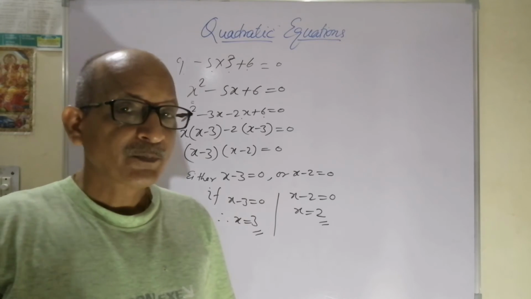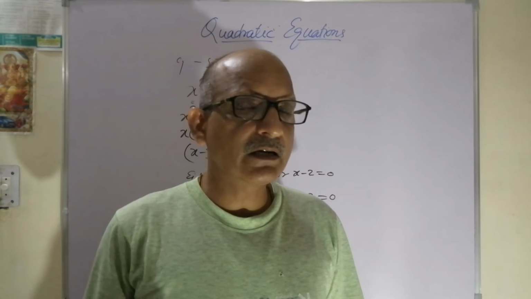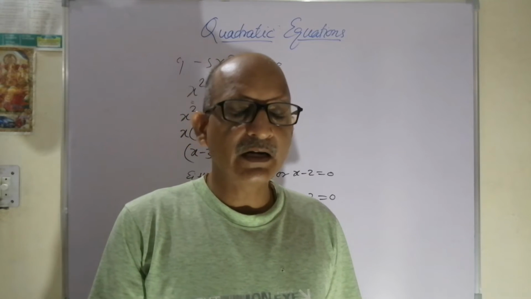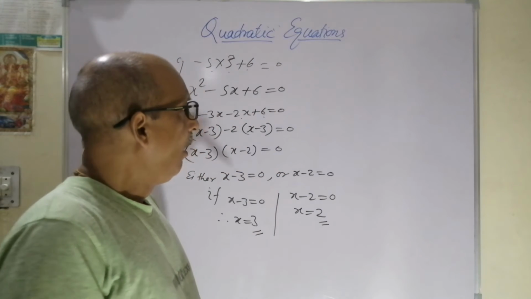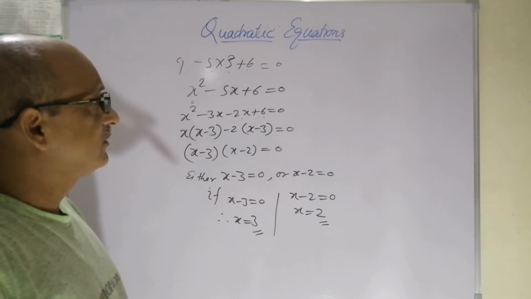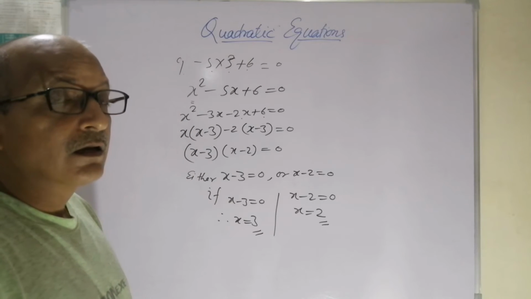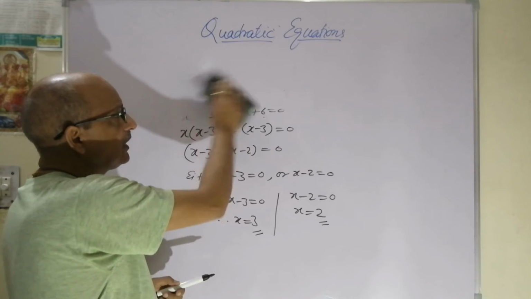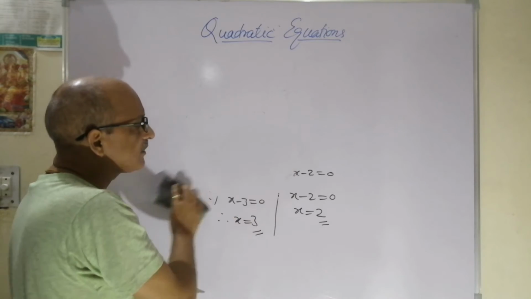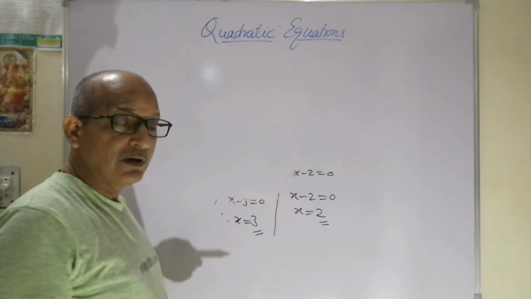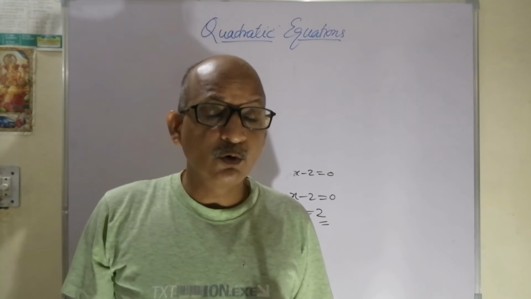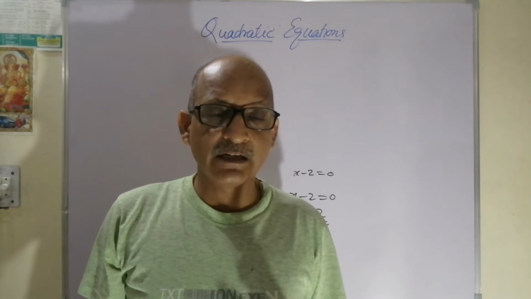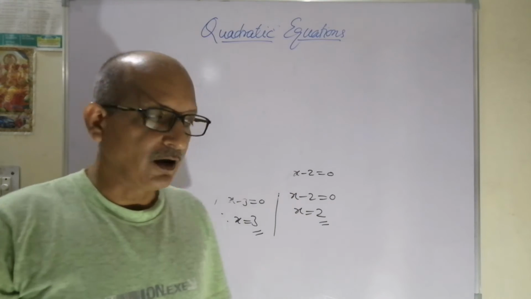But in this video, I am going to discuss a very important concept that was deleted for 2019, 2020 and 21. But it is a very important concept: finding the root by completing the square. It is important not only for the completing square method, but also because it is going to derive the formula for getting roots of a quadratic equation, also known as Shridharacharya formula.